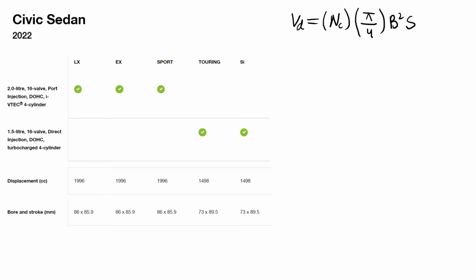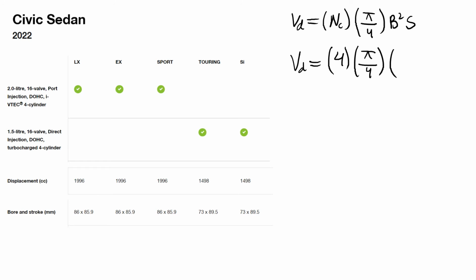So V D again equals, Honda Civics are 4 cylinders, so we will write 4 here times pi over 4 times the